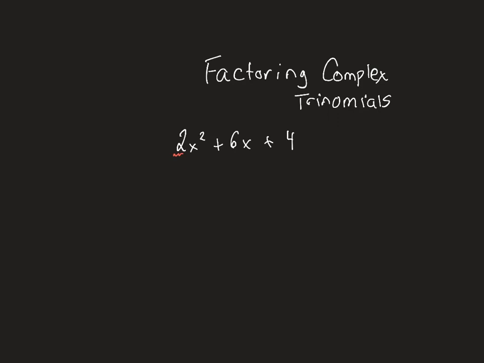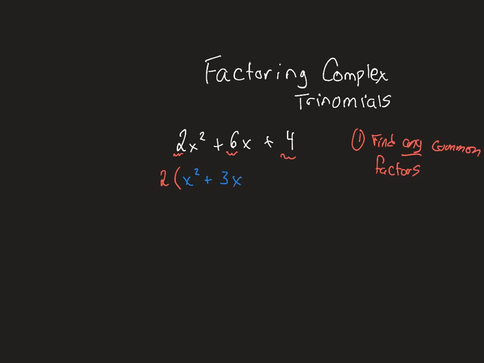Yes and no. The first step you should always do in any kind of factoring question should be to find any common factors. That should always be your first step. And in this case, if I look at this question, I have a 2, I have a 6, I have a 4. All of these are divisible by 2. So let's see what I have when I get rid of the 2. So I'm going to divide them all by 2, which leaves me with x squared